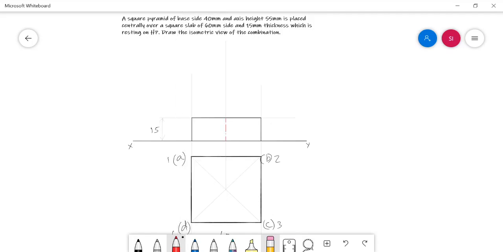Now the orthographic view of the bottom solid is over, and the top solid is also a square based solid, a square pyramid of base side 40 mm. The base view of the top solid is available in the top view. So in the top view area, I am going to draw the square base of the top solid, which is 40 mm side. Here I am drawing without dimensions, but in your work you have to draw perfect dimensions.